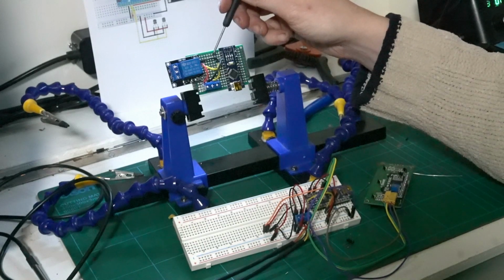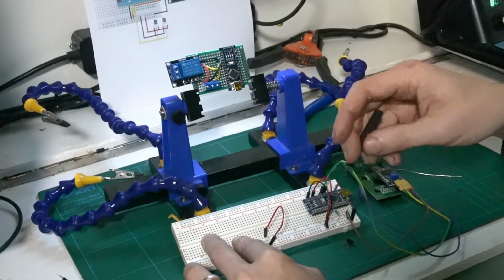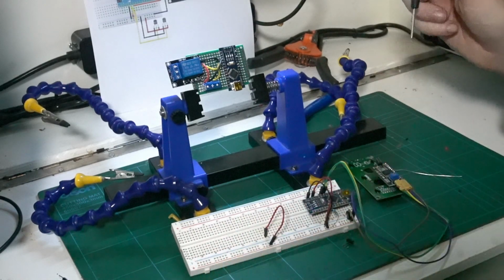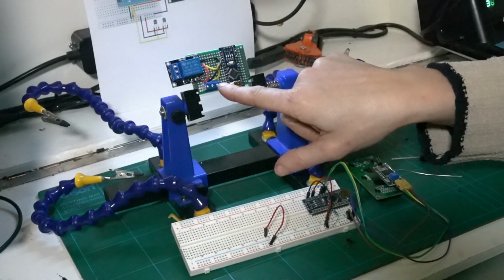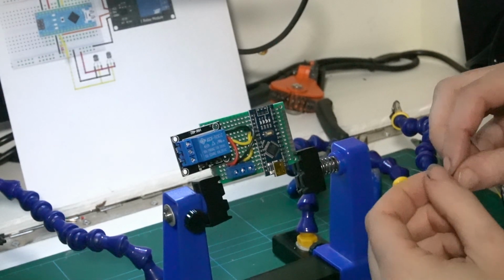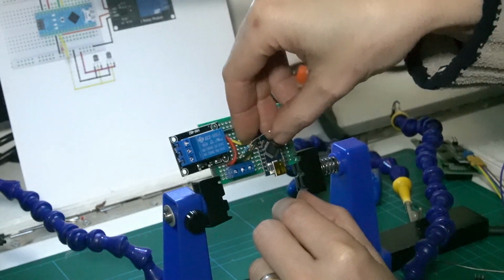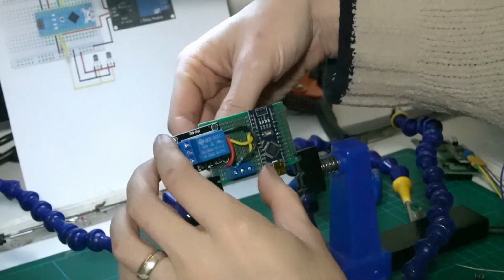Okay, so we've done the signal wires and the earth grounds on these and a positive. This is a, what do they call it? A pull-up resistor. So it's taking power from the main power rail and putting it into the signal rail so that it makes the signal more stable, I believe. And so we're just going to jump across from the power to the signal cable on the other side of the board. Okay, so I think I can wheel the resistor in between this slot, so it's on top, and it makes all the soldering on the back, which makes everything a lot neater. So that end goes in there, that end goes in there, and then